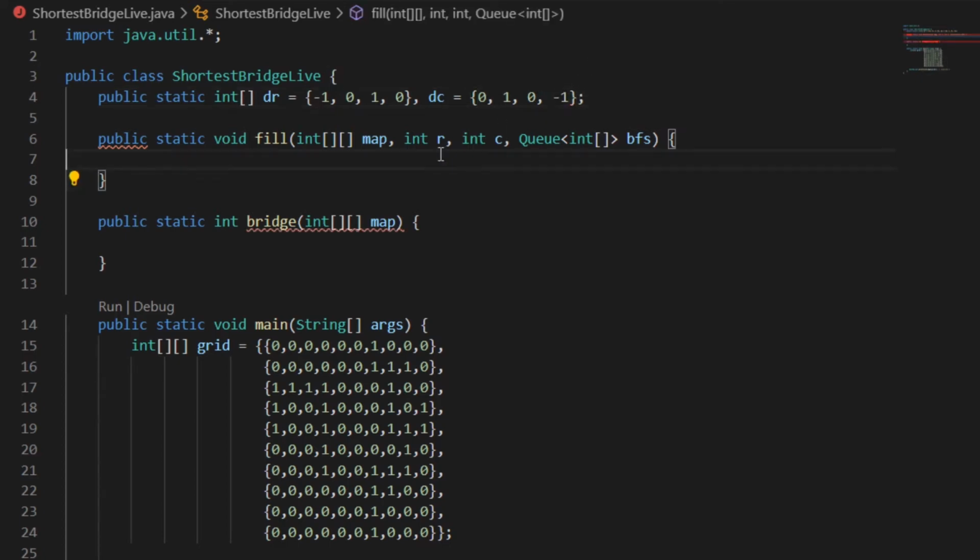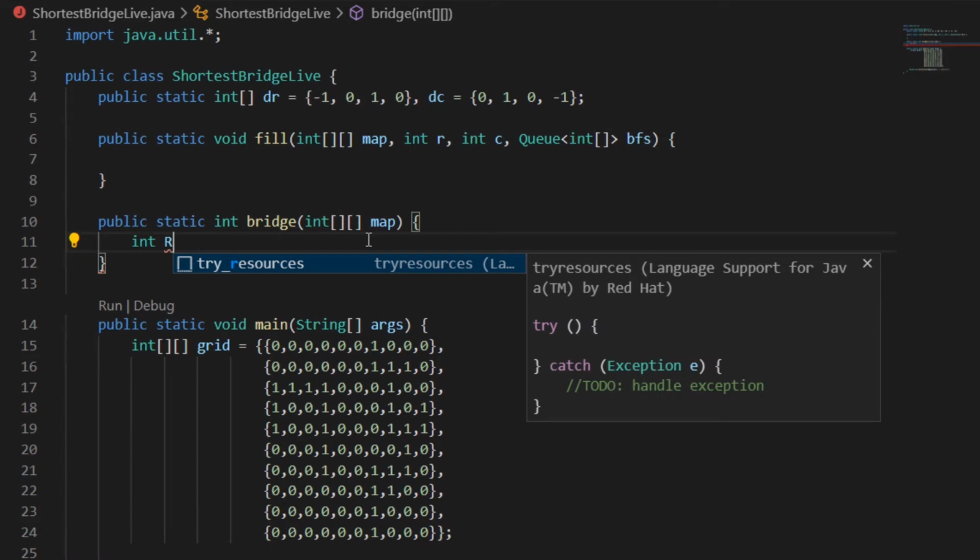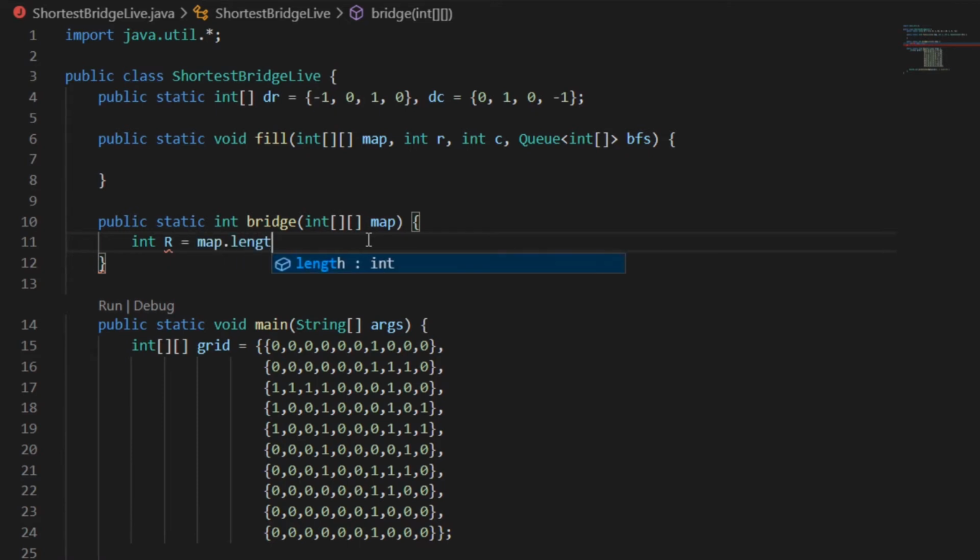All right, cool. So let's just start off here. So we need to first set our r equal to map.length, and c is equal to